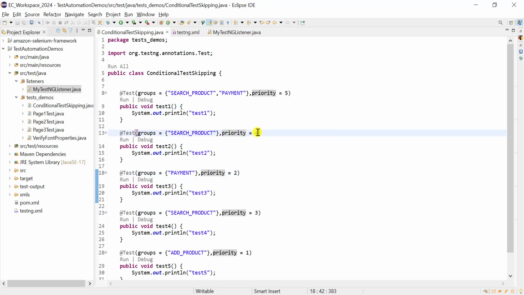Whatever value you give here, the lowest value runs first. All the TestNG methods without any priority are considered priority equal to 0. That is the default priority. Here we are not using any condition to set this priority, but in case you want to